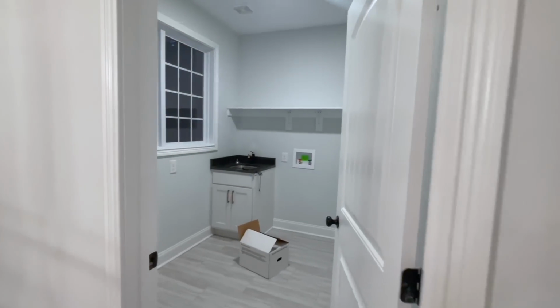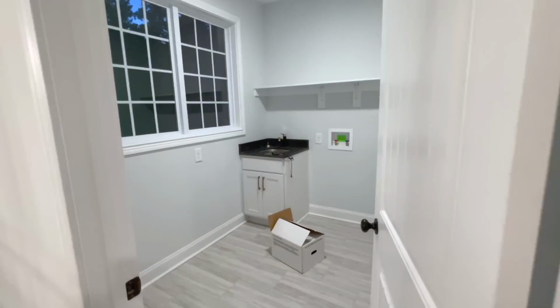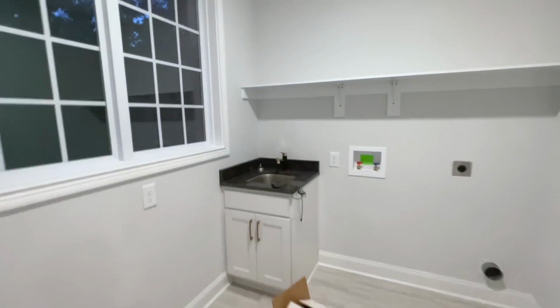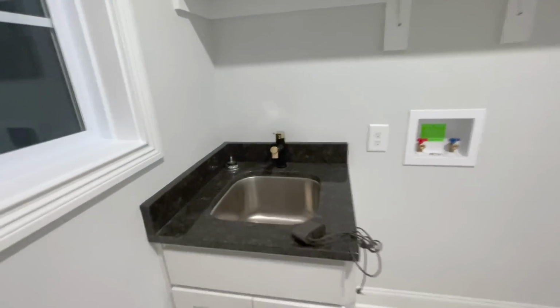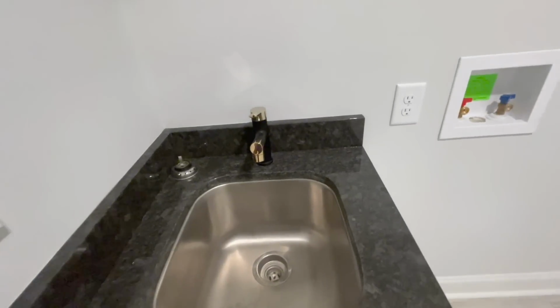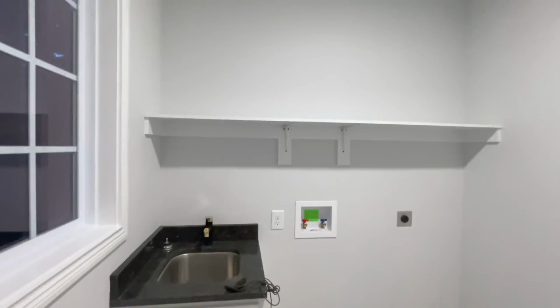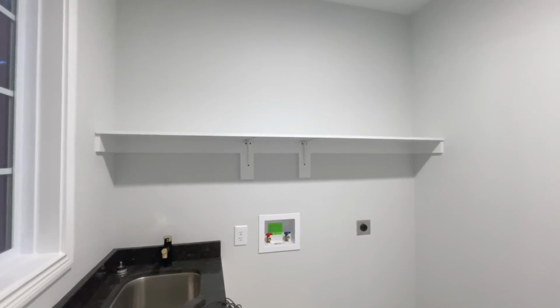And I do love the laundry room because it's so bright in here. I love the big window, and I also love the sink. The sink is the same granite countertops throughout the whole house. It has this really pretty golden black faucet, and I'm gonna miss having cabinets up here, but we'll see how